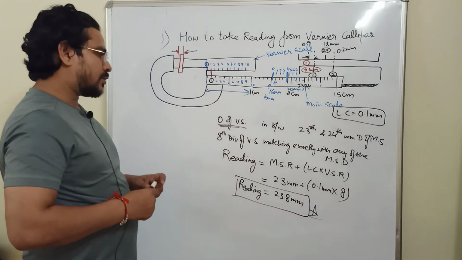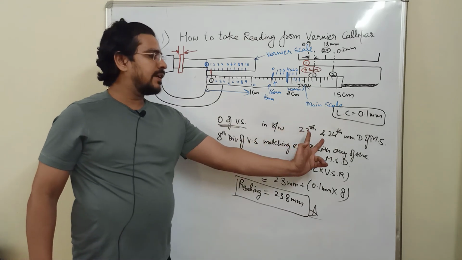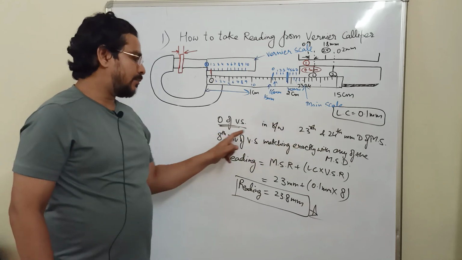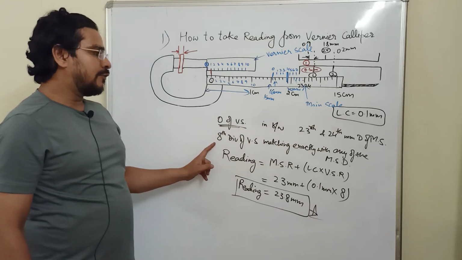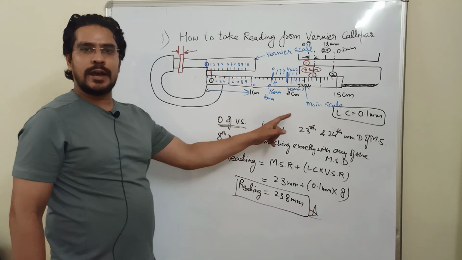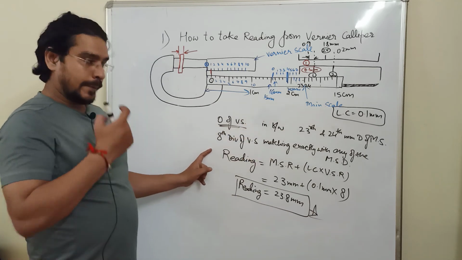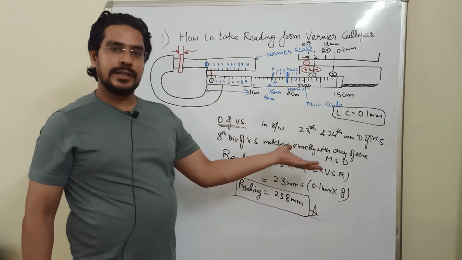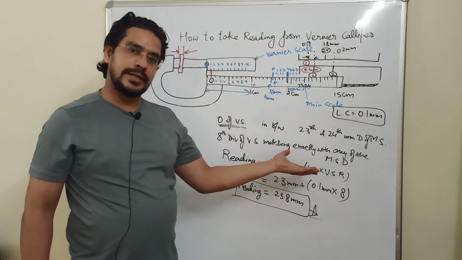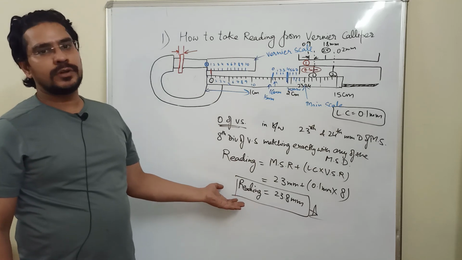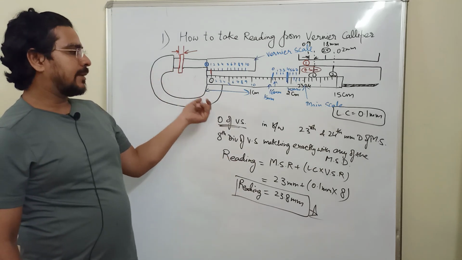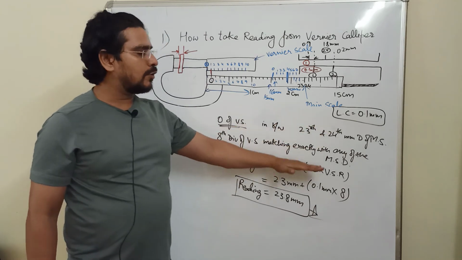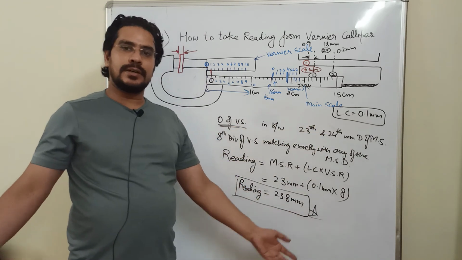So it is very simple. Just look for the main scale division. If it is in between two mm marks, take the lower one, and then 23.8. If it would have been the 5th division, 23.5. If it would have been the 4th, 23.4. Just look at the 0. And if the 0 is lying exactly at, say, 25 mm, 26 mm, 30 mm, then exactly that is the reading of your specimen. Like if 0 is lying at 23 sharp, not between any two, you have no need of vernier scale reading. 23 mm is the answer.